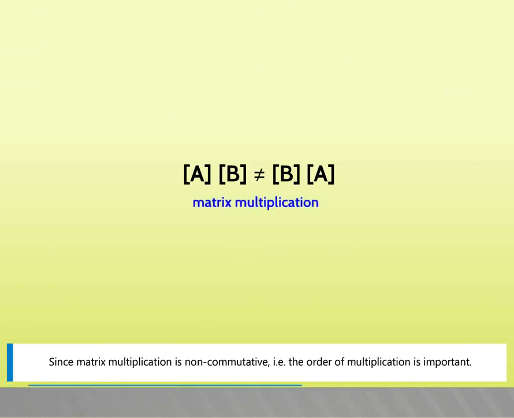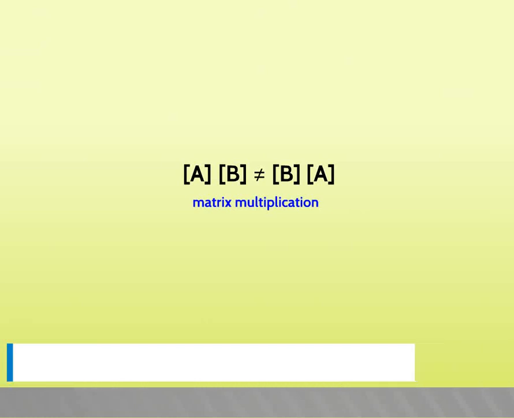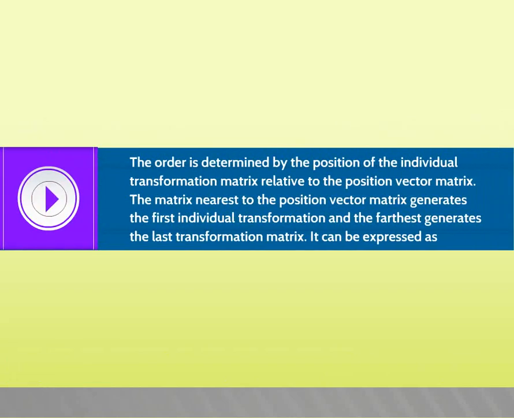Since matrix multiplication is non-commutative, that is, the order of multiplication is important, A into B is not equal to B into A. The order is determined by the position of the individual transformation matrix relative to the position vector matrix. The matrix nearest to the position vector matrix generates the first individual transformation and the furthest generates the last transformation matrix. It can be expressed as